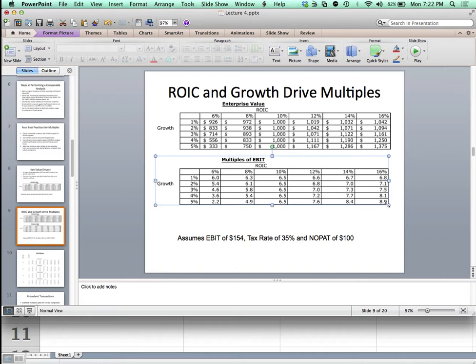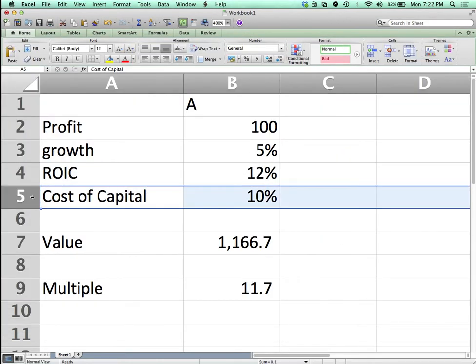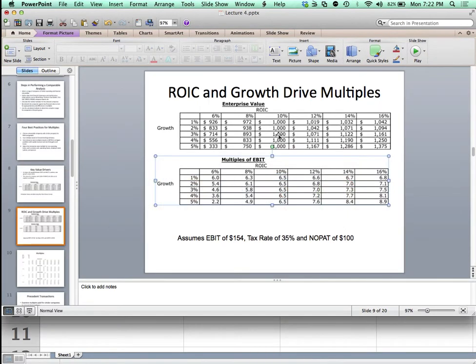Assuming peers, most peers should have a very similar cost of capital. Okay, so you start to notice we use a lot of assumptions when we do multiple analysis. One of the assumptions we make is that the peers have similar risks. So therefore, cost of capital is not the differentiating factor. So if we go back to our equation, if we take out cost of capital, what are the differentiating factors? They're growth and ROIC. So multiples are primarily an expression of growth and ROIC,